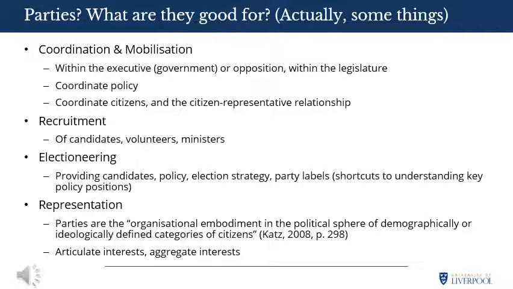Political parties also coordinate the activity of like-minded citizens. They make it easy for individuals to know how to get involved in a political process. They can simply turn up at their local party branch and they can get involved. This links to the concept of the party on the ground as well. So parties in the electorate also have a mobilisation role. Parties also coordinate and structure the relationship between supporters and members and their elected representatives. So through conferences, forums, party motions. This is typically done through the party central office and links the party in public office and the party on the ground.